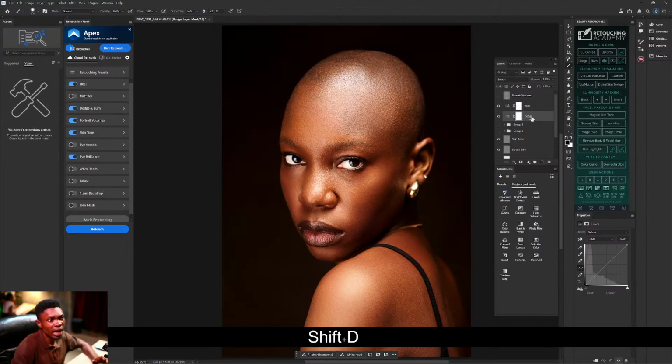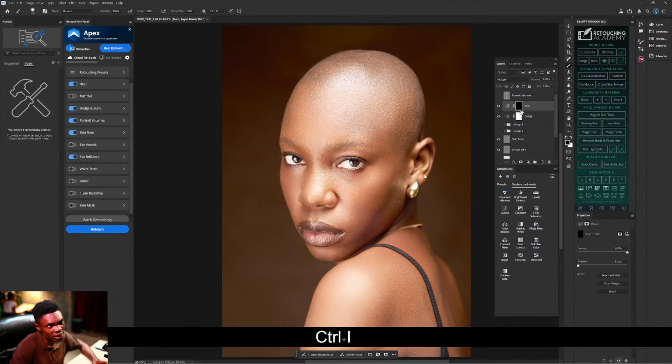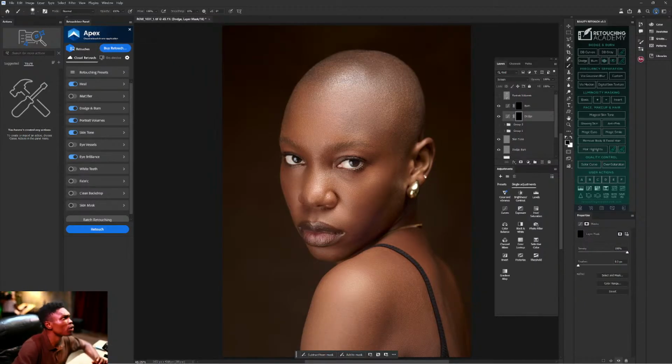Let me show you how I will do this easily. First, Control I to invert this one. Control I again to invert the second one. How do I want to do this one? Let me reduce my flow to like 30. Then watch for this dodge. I will just draw and brush with this.